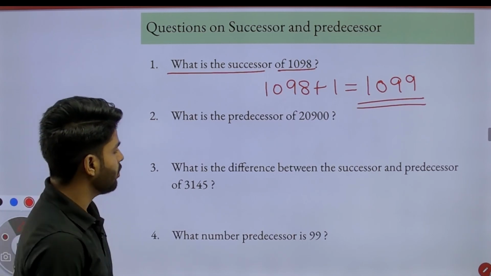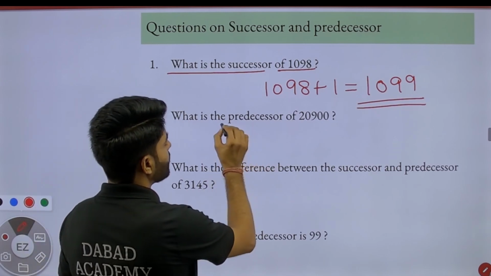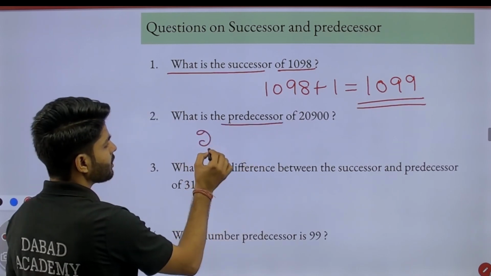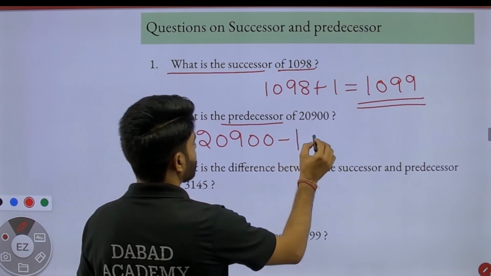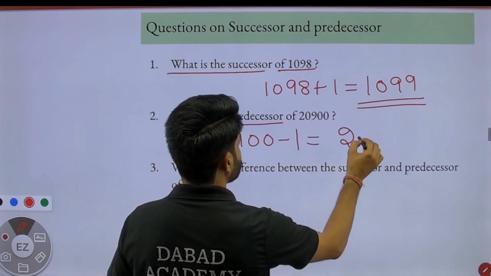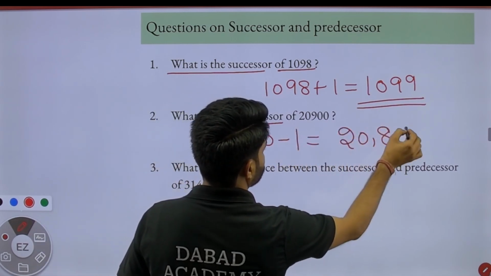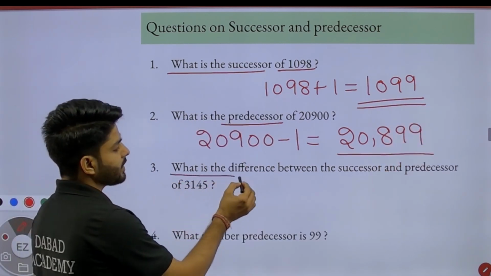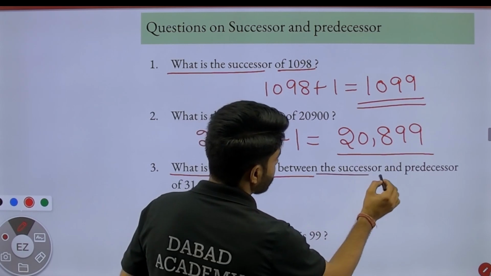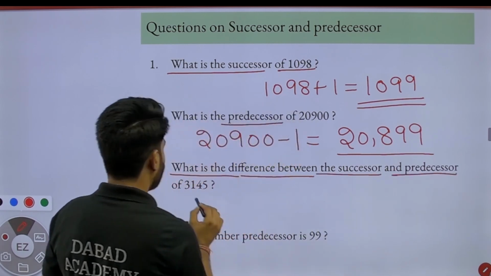20900? We all know how to find the predecessor. We simply subtract 1 from the given number, and when we subtract 1 from the given number, that is 20,899. So the next question is, what is the difference between the successor and the predecessor of